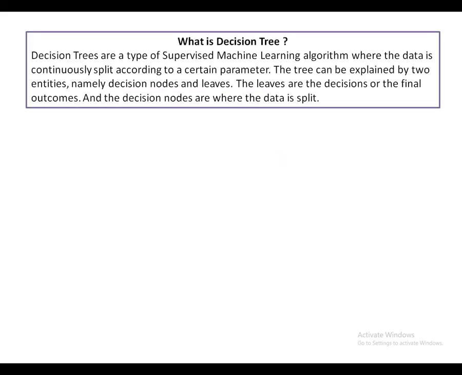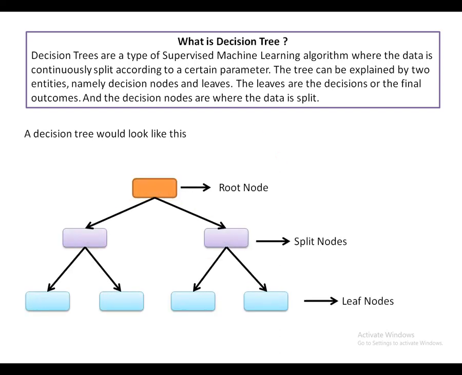What is a decision tree? Decision trees are a type of supervised machine learning algorithm where the data is continuously split according to certain parameters. This tree can be explained by two entities, namely decision nodes and leaves. The leaves are the decisions or the final outcomes, and the decision nodes are where the data is split. A decision tree would look like this,